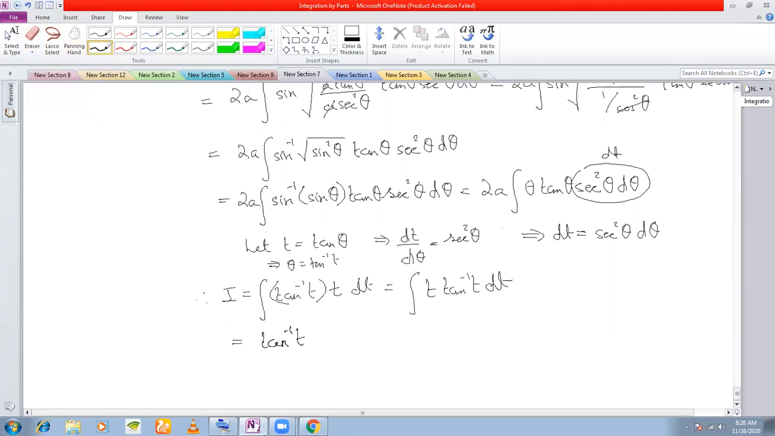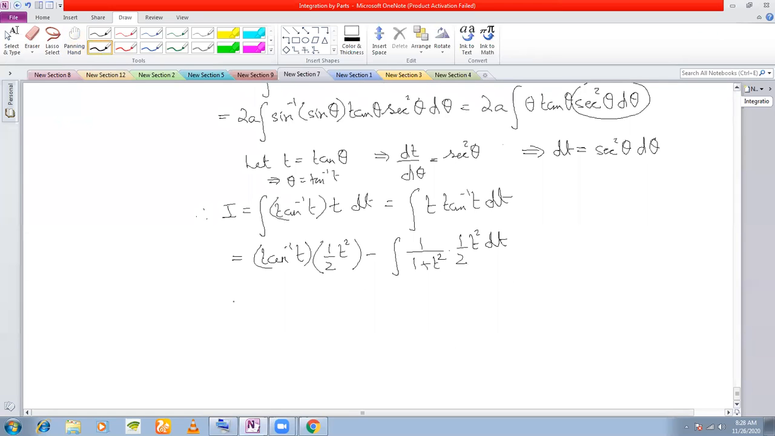First function is tan inverse t, into the integral of t, which is half t square, minus integral of the derivative of tan inverse t, which is 1 by 1 plus t square, into the integral of t, which is half of t square, dt, right? So this now becomes half t square tan inverse t